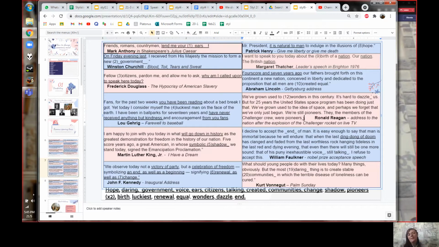Yes. Okay, next one. This is William Faulkner's Nobel Prize for Literature acceptance speech. In his speech, he says that he doesn't accept the end of man. He says, a lot of people in the audience, you really love literature a lot. And a lot of these people believe that even after all humans are dead or all civilization is gone and over, it's okay because our civilization is going to continue with our literature. Our literature will survive us and continue forever. But he says actually